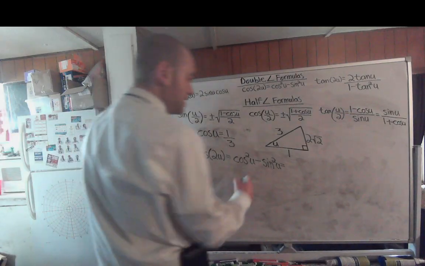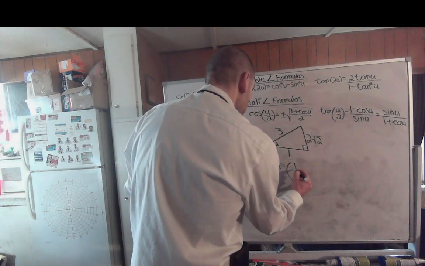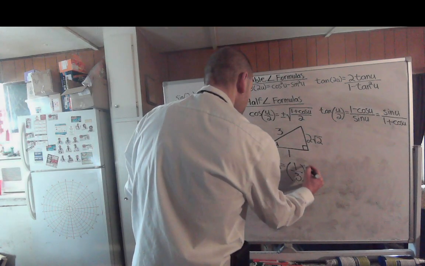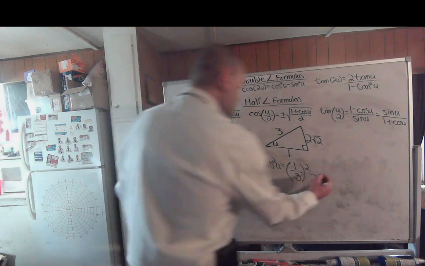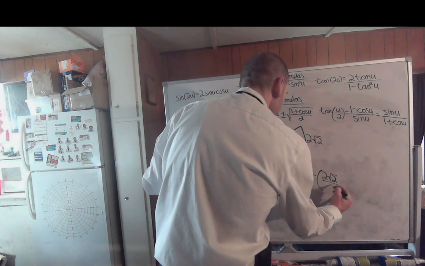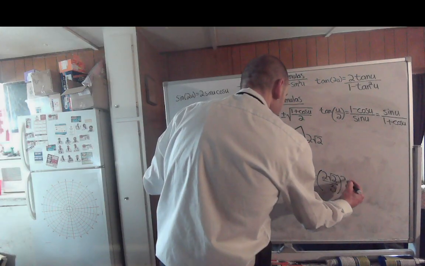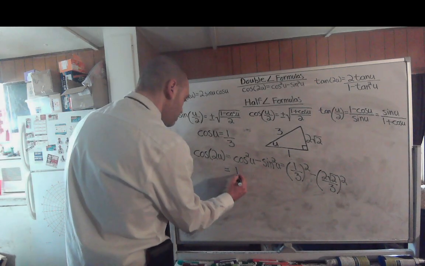which would equal, what is the cosine of u? That's just 1/3, but that would be 1/3 squared minus your sine squared of u, so that would be 2 times the square root of 2 all over 3 squared. Well, what is 1/3 to the second power? That's 1/9